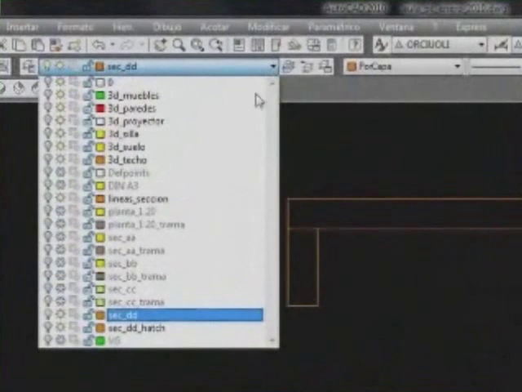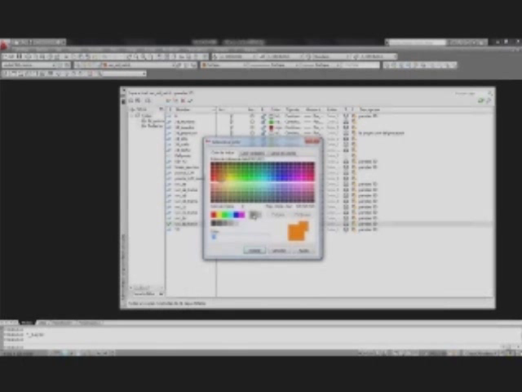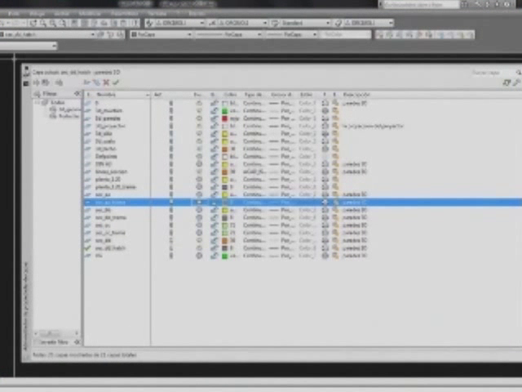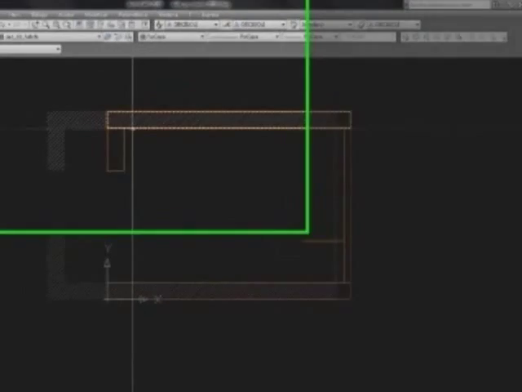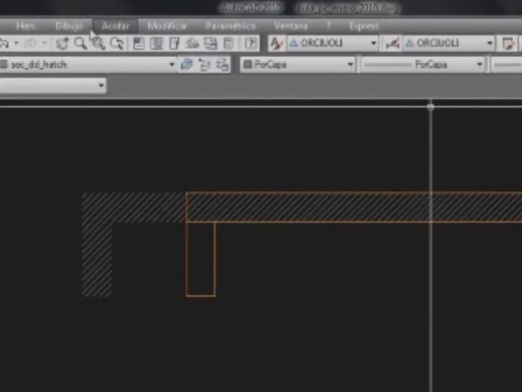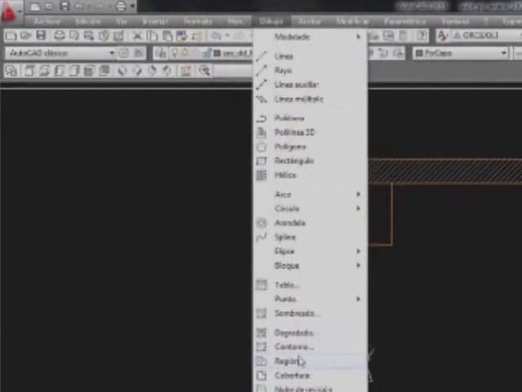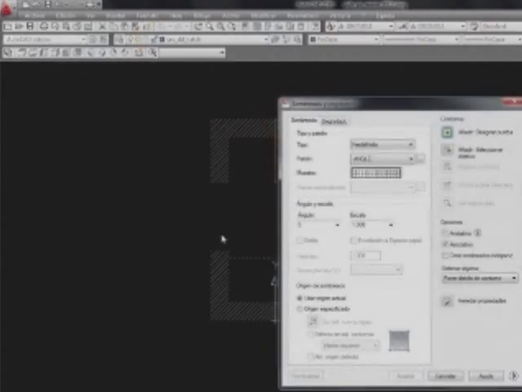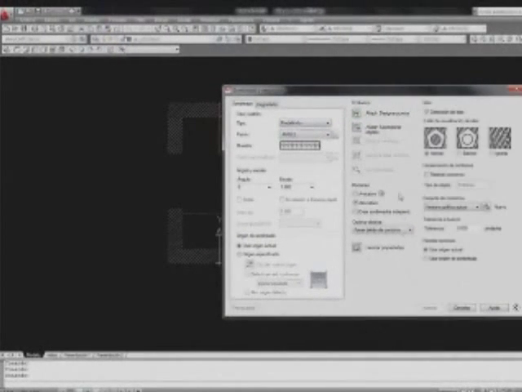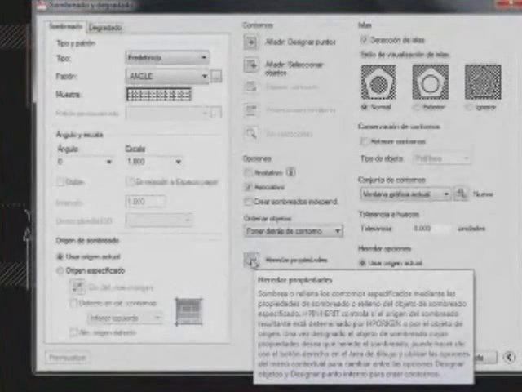Now it's time to put the hatch that will be in this layer, section DD hatch. Color, we use color 8. Great. And then I can call also the layer section AA hatch, that is this one, just because I want to take some advantage from this hatch that I see on my screen. So I go to hatch,